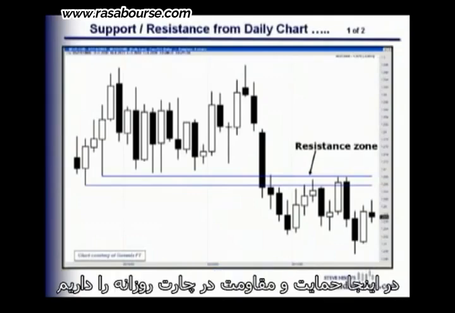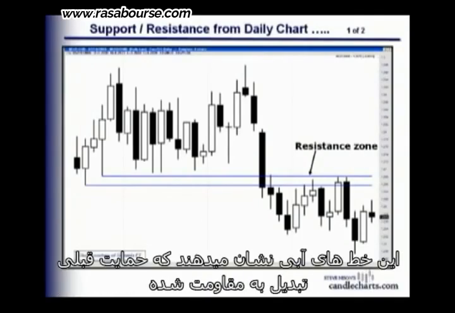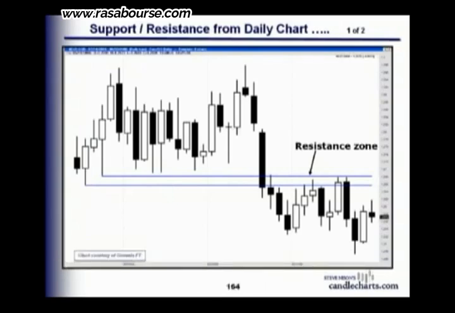Okay, support and resistance from the daily chart. We have old support becoming resistance, those blue lines. And what I've done is